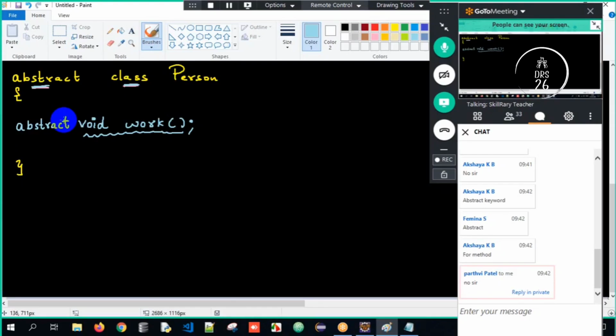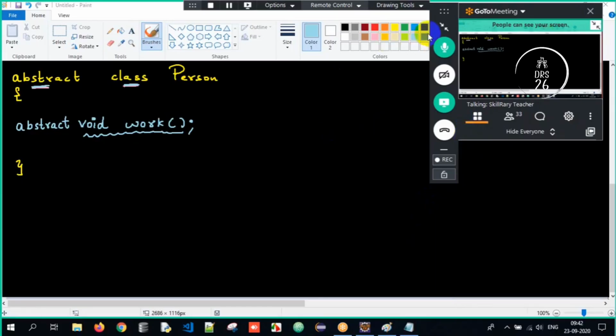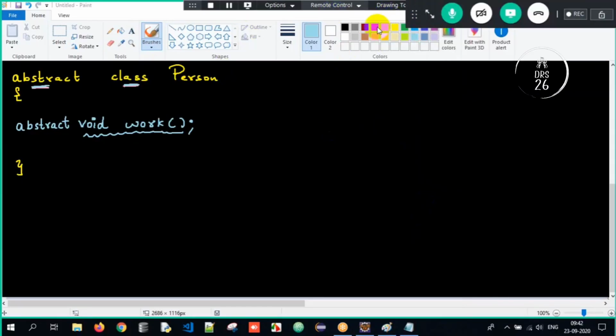Got it? I knew it. But some or the other way you'll get confused. I knew it. So that's the reason I'm going very slowly here. Try to understand it. So now the next part here is, rule number 1 done. What is rule number 1? To create an abstract class and to have an abstract method, done. Rule number 2. I should have one more class over here.